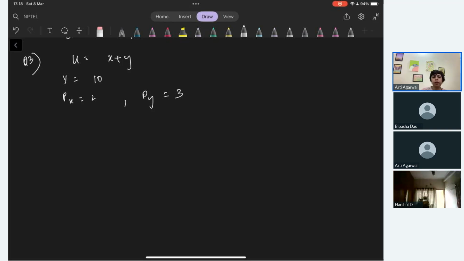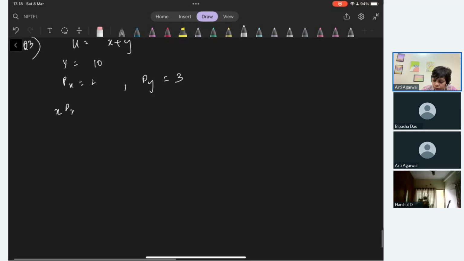Okay, this is fairly simple, at least so far it is pretty simple. Before we consider price changes, first let's just see what is exactly happening here. Let's write the budget equation. Okay, this is the budget equation, and